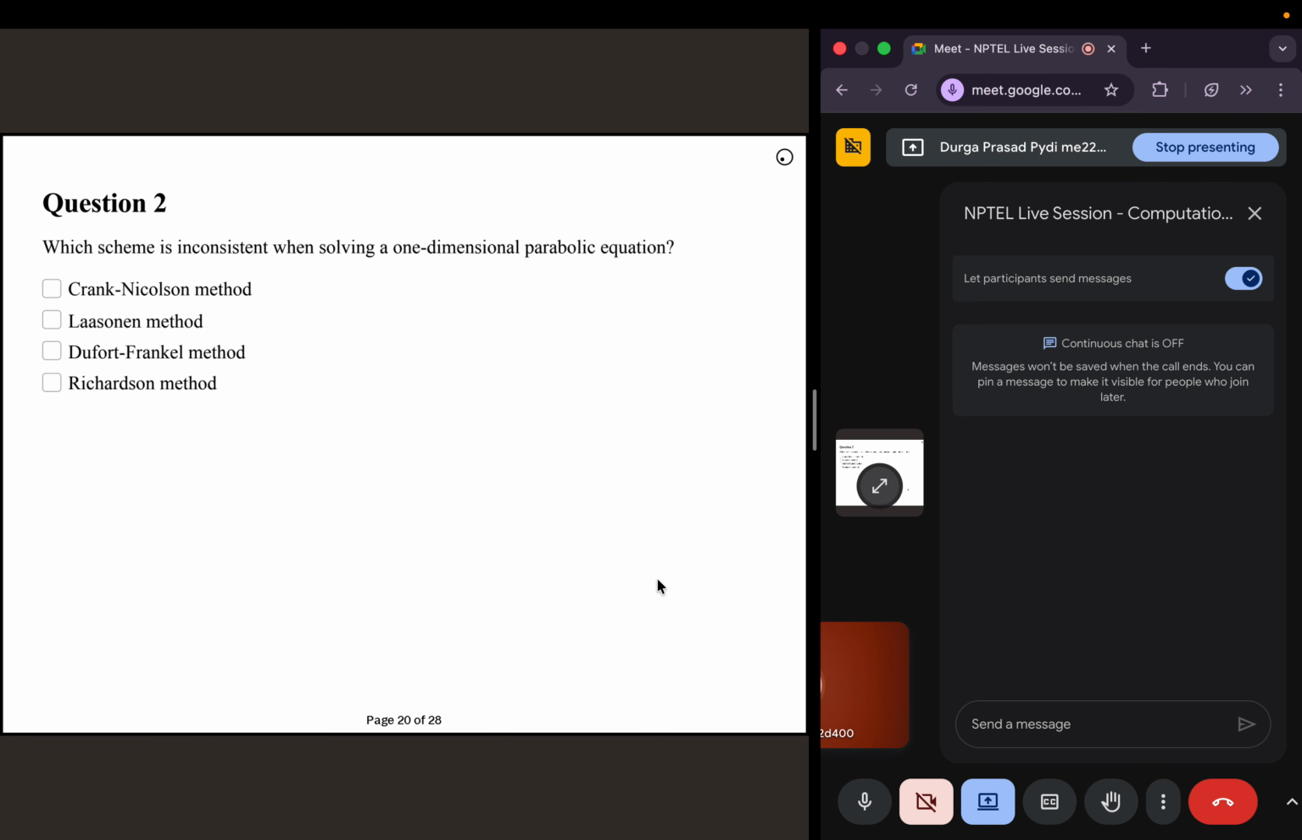Okay, and which scheme is inconsistent when solving a 1D parabolic equation? This is more like a memory question. So the only scheme that is inconsistent that we discussed in this class is the Du Fort-Frankel equation. But even otherwise, how do you decide when a particular equation is consistent or not? You take the finite difference form of the equation and then write the Taylor series expansion. So let's say for this particular scheme,